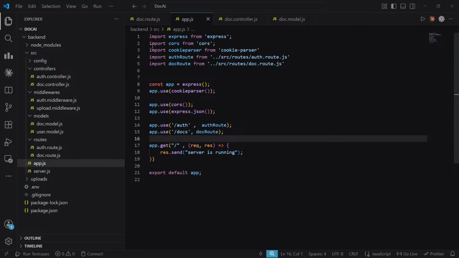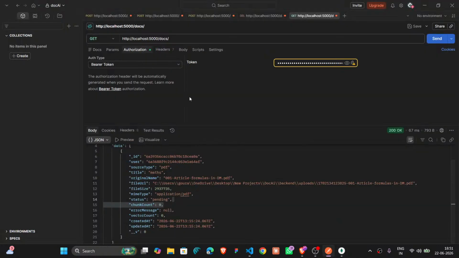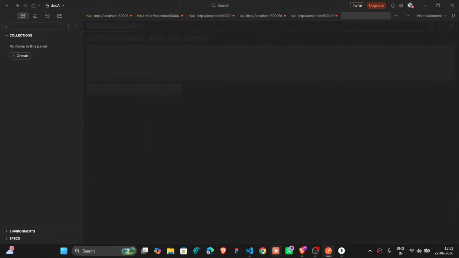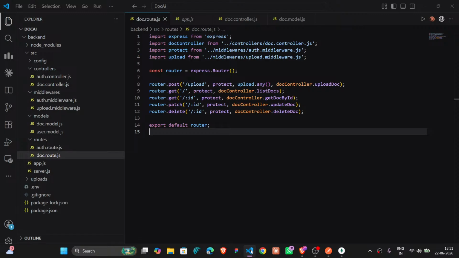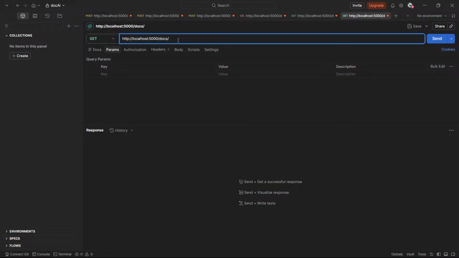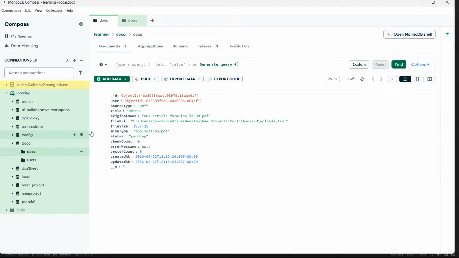So in the documentation route we have document by id, so we need the id of the document. So here, is it a post method or a get method? Get document and the id is the documentation id.